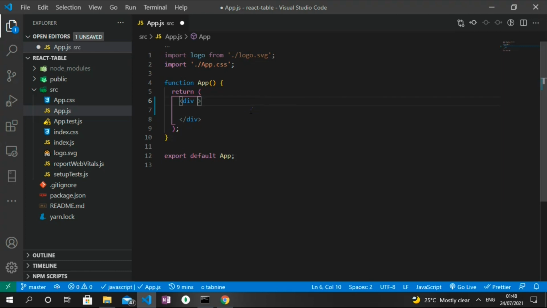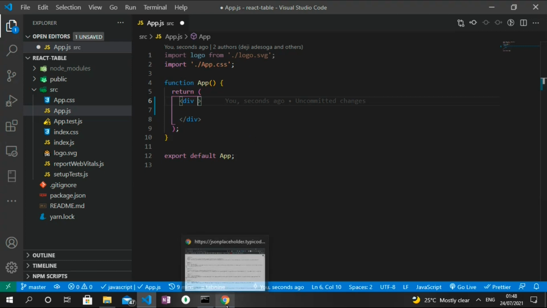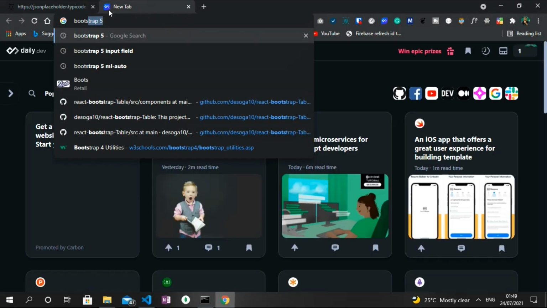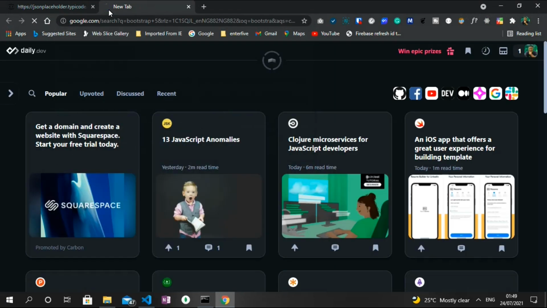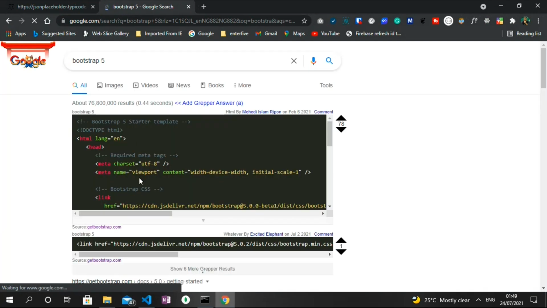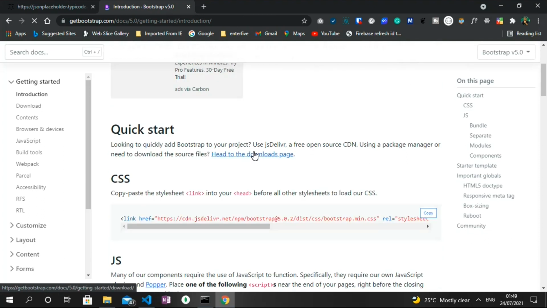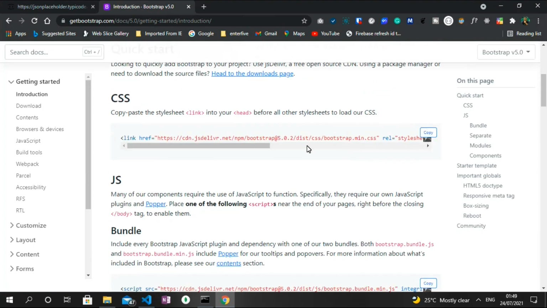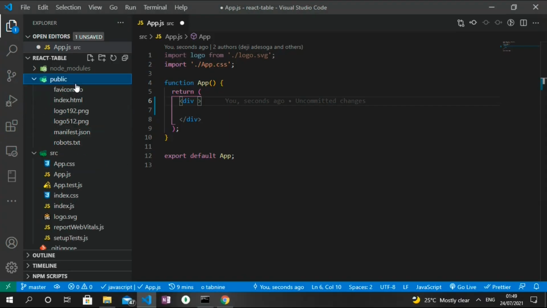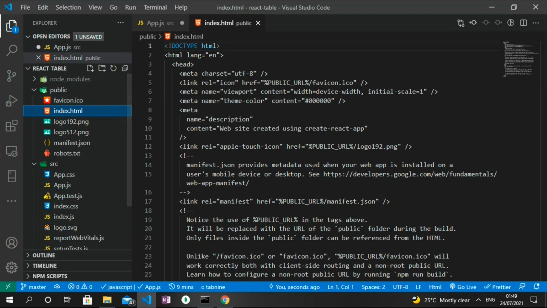Next up, I try to integrate the design for the table. For the sake of this project, we'll be making use of Bootstrap 5. So I head straight up to the browser, create a new tab, and then search for Bootstrap 5. What we need from Bootstrap 5 is the CDN, which we will be putting in the public directory. First off, I copy the CSS of Bootstrap 5, go to the public directory, open the index.html, and in